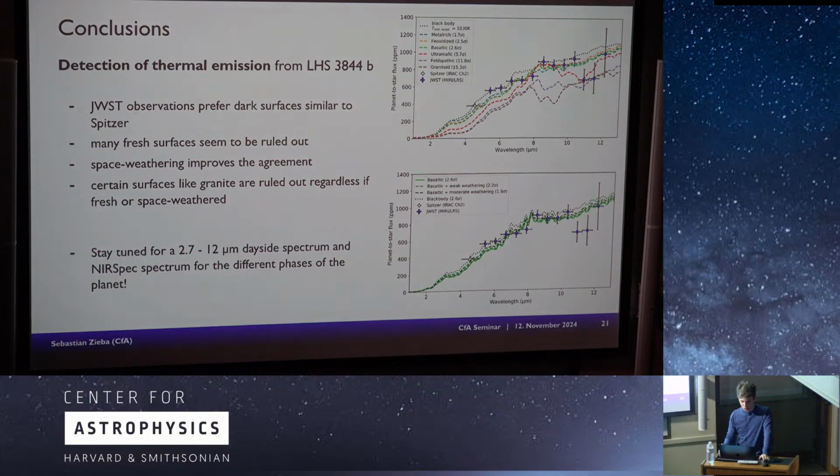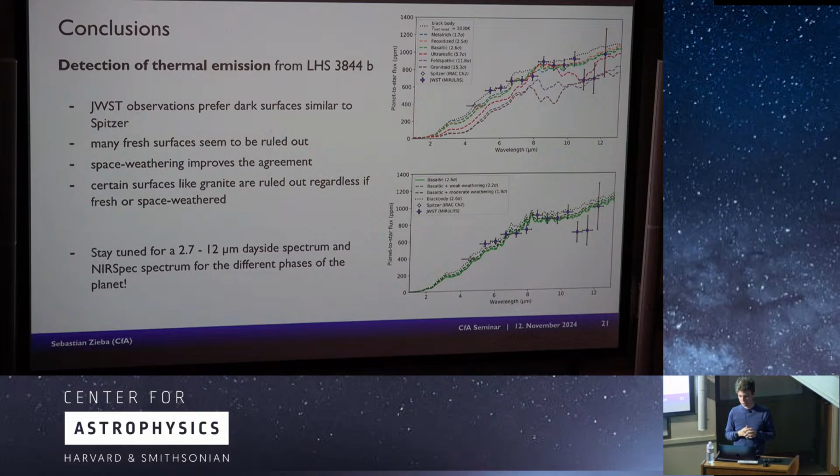So to basically conclude, we have detected the thermal emission coming from this rocky exoplanet at high significance. The JWST observations are, just like the Spitzer observations, consistent with really dark surfaces, for example a basaltic surface. We can rule out several fresh surfaces, but space weathering is improving the agreement for certain kinds of surfaces. For some kinds of surfaces, like the granitoid one, even though you could consider really high amounts of space weathering, we can still rule out these kinds of